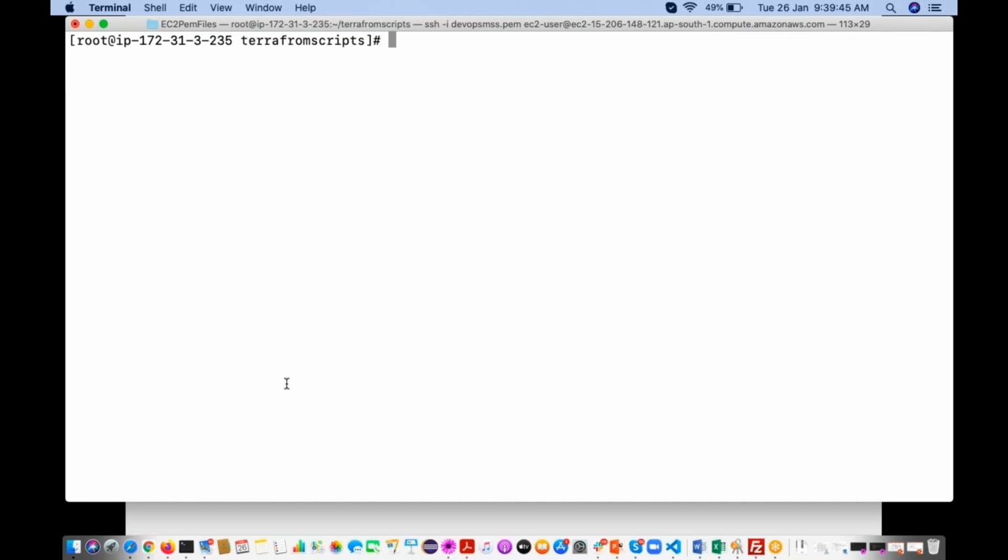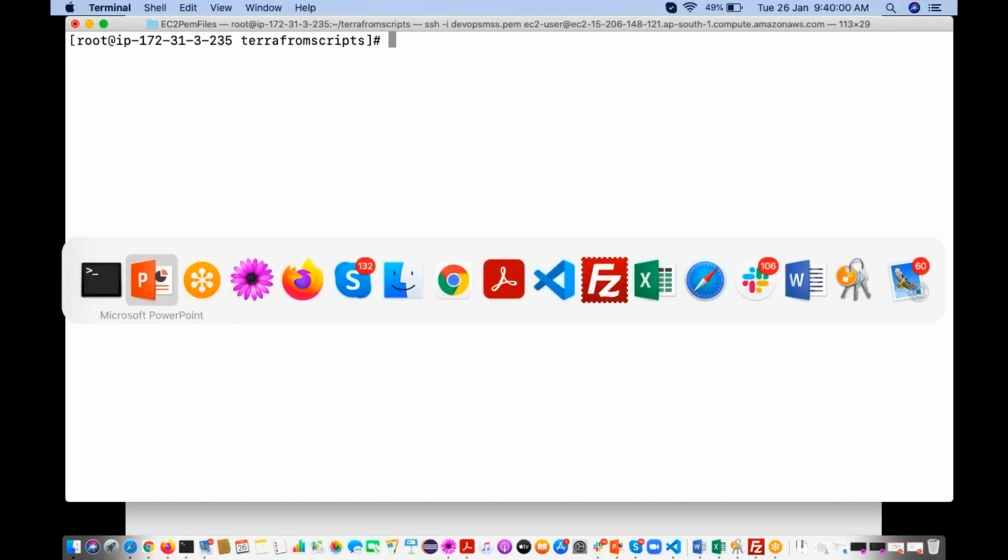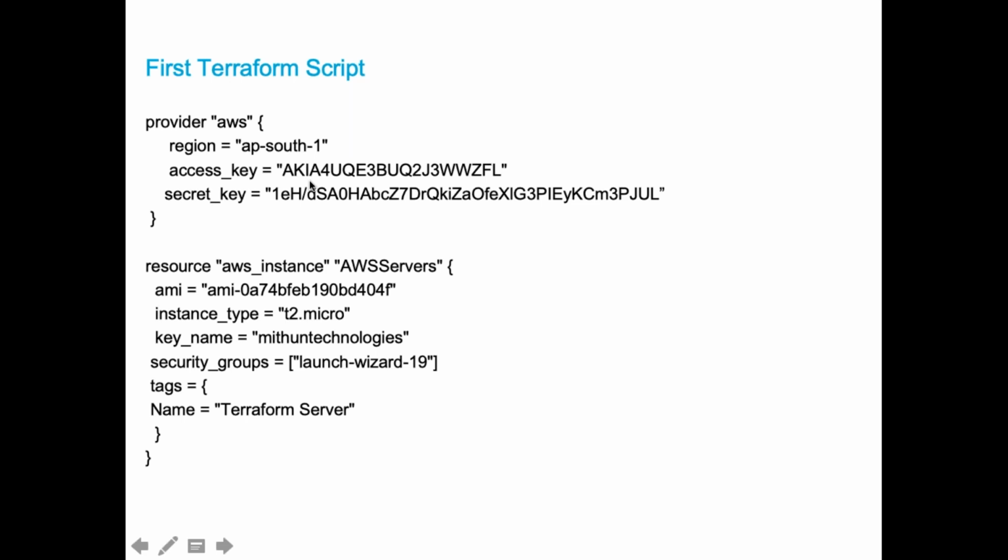So Somasekhar is asking whether the access key and secret can be kept open, or do we have to use any encryption form? Usually we are going to keep it like this, but we are not going to use it like this. We are going to use it in a different way.